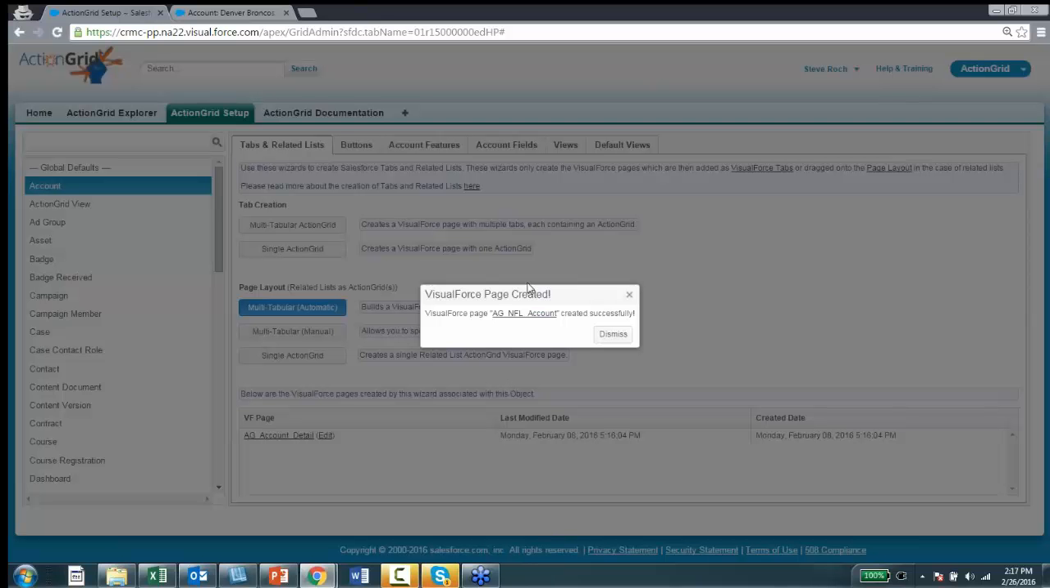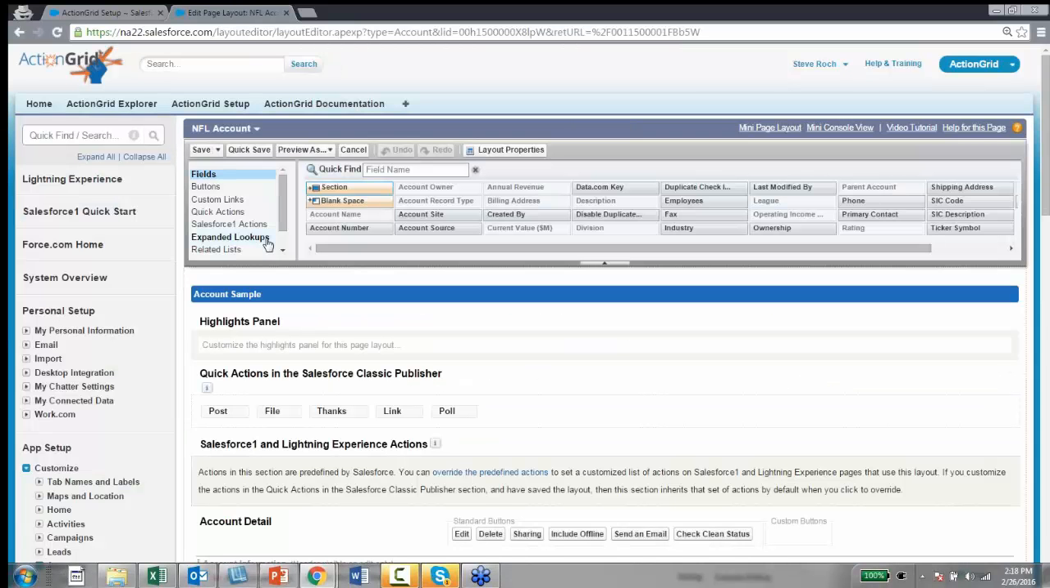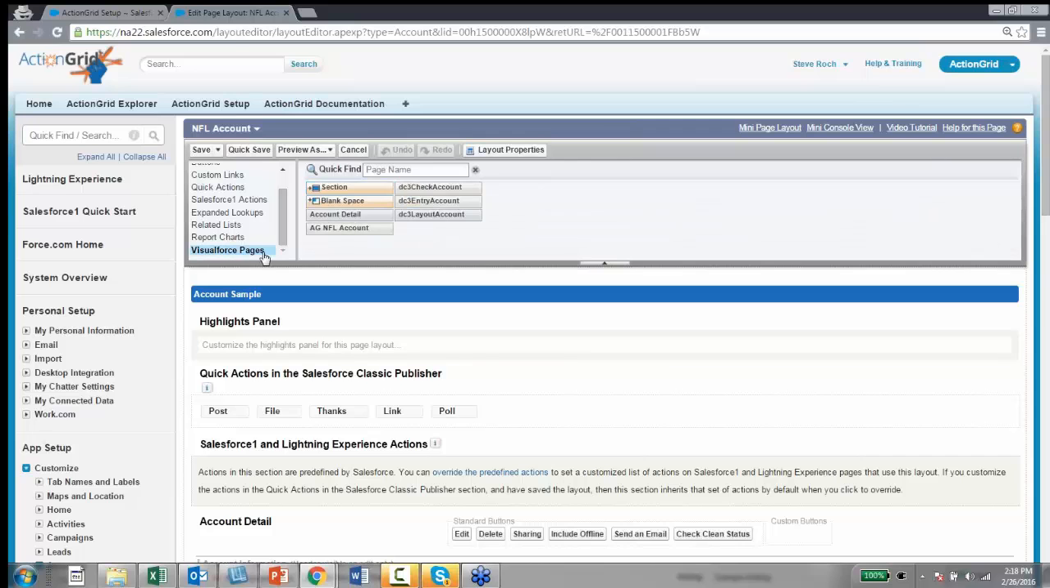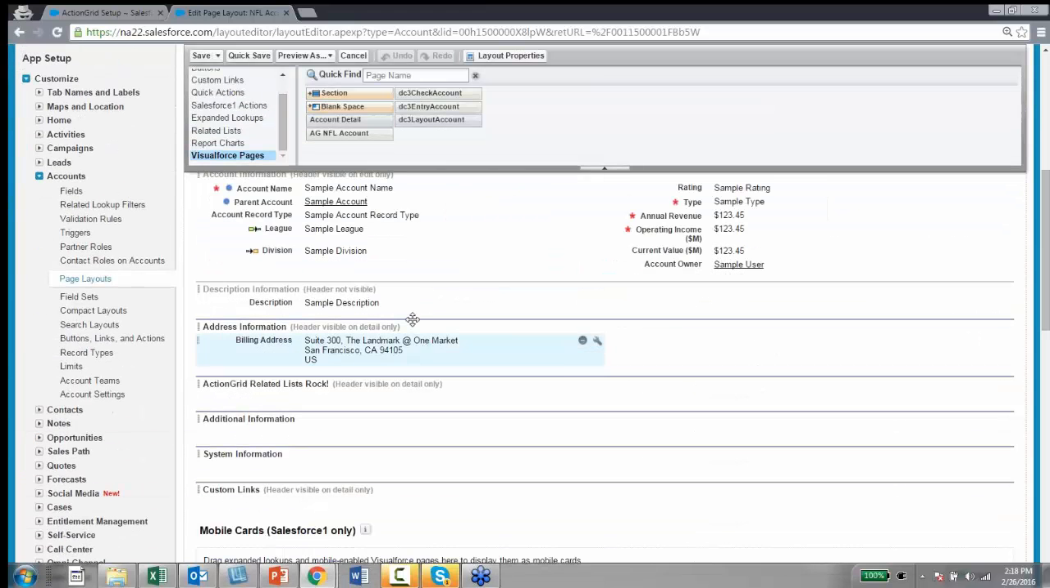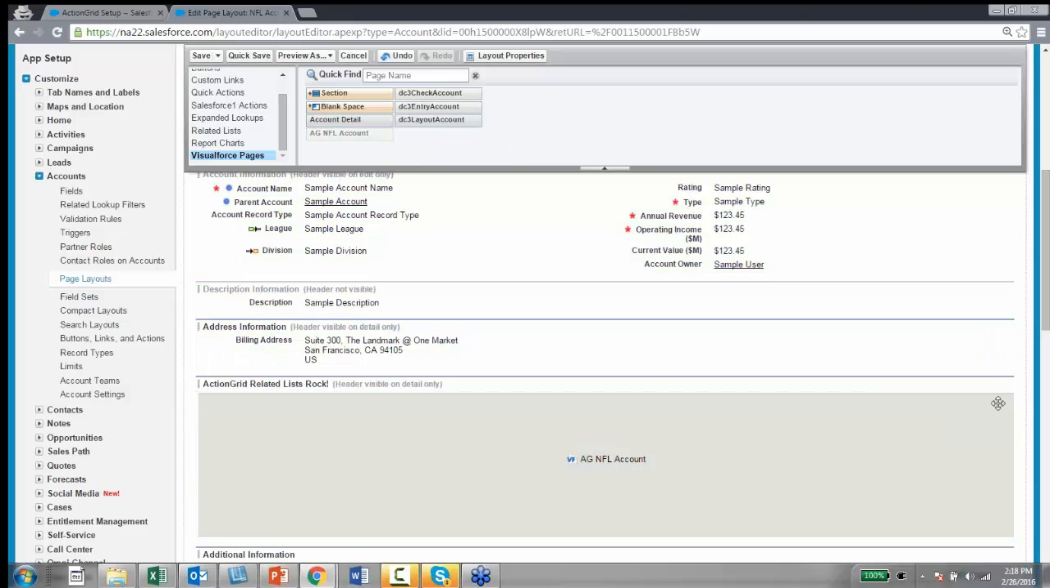But it makes a Visualforce page. And I won't drill into that now. You'll see what the Visualforce page is. It's the AG NFL account. So all I do here is I just go to my layout, go to my Visualforce pages. Luckily, I've made a section already, but I'll just drag that bad boy down into here,